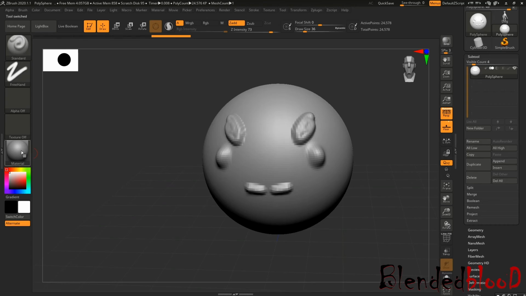See RGB, we are for beginners, you need to work on Z add and Z subtract. Don't touch any other option like Z cut, M RGB, nothing. Only this for you for just a couple of lectures. After that you need to work with the rest of the options. RGB is used when you go for color. MRGB is used when you're going to put material on your object.